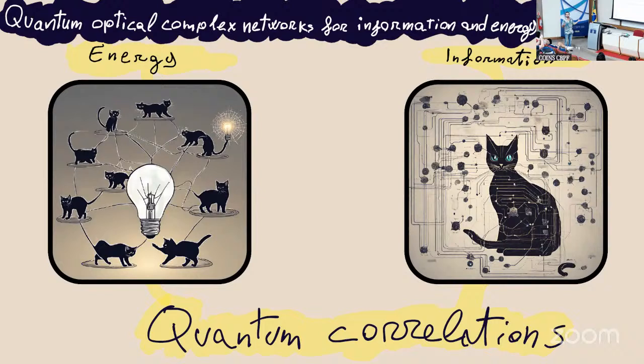So I talk about quantum optics because it's more natural language for me, but it can be applied to superconducting circuits or to anything that can be modeled as coupled harmonic oscillators with small anharmonicity. And of course, what links all this, say, umbrella title is quantum correlation. I think that we explored a lot how quantum correlation can be useful for information processing, and not so much how this can be useful for energy processing. So this was what motivated this work at the beginning, and I kind of failed in that sense, as I will show you, but still we found some interesting results.